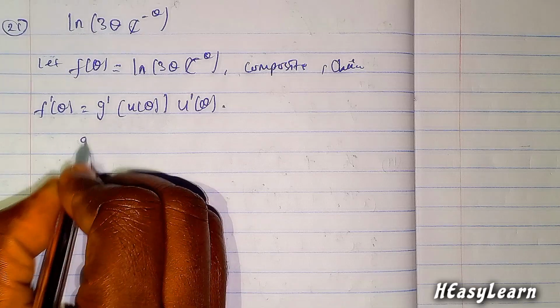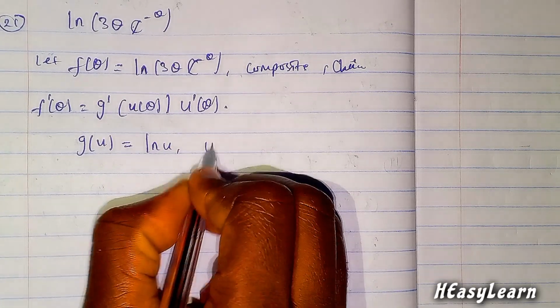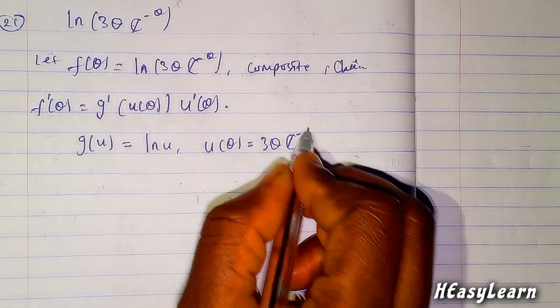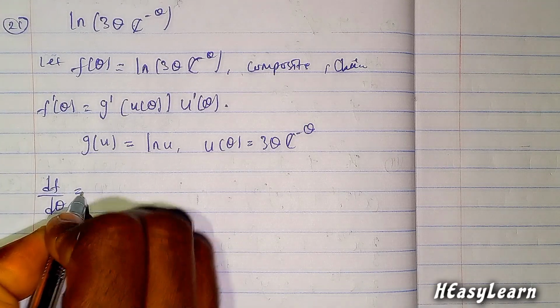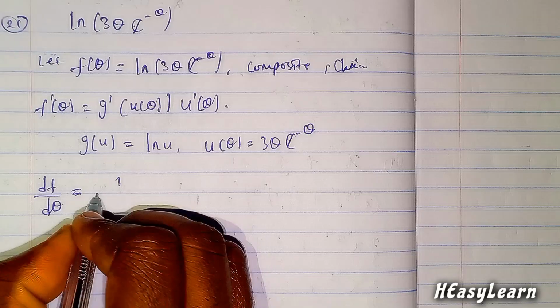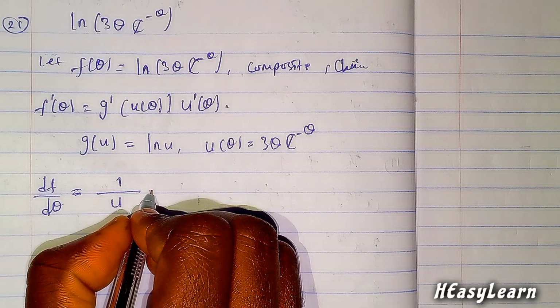So g of u is equal to ln u and u of θ is equal to 3θe^(-θ). So the derivative of f is 1 over u